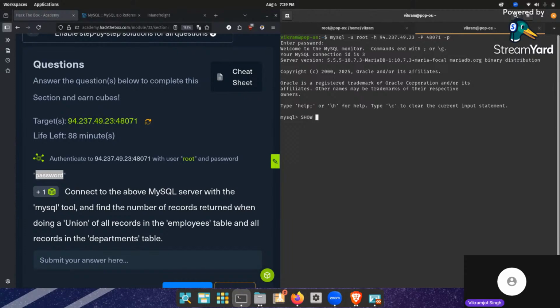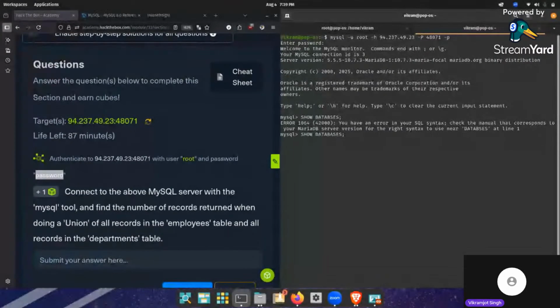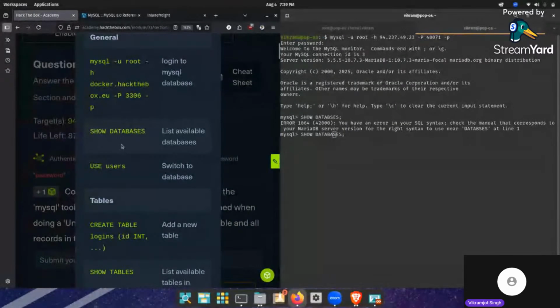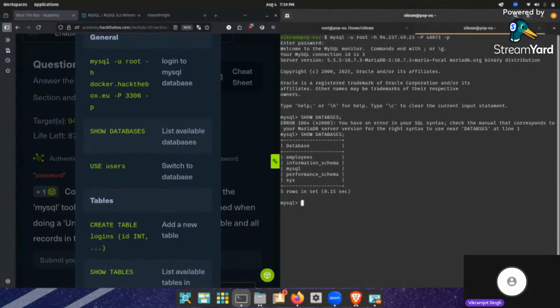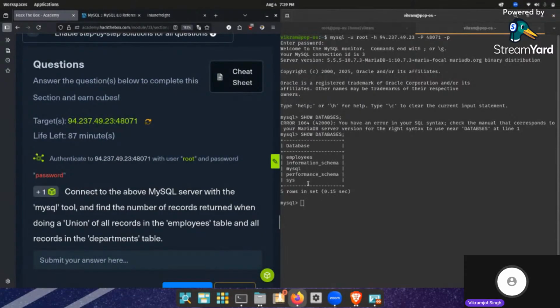So, show databases. Error, you have an error in SQL syntax. Oh, we have the wrong spelling. This is show databases SQL. Yeah. So we are connected to this server. You can see. Now what do we do? Show